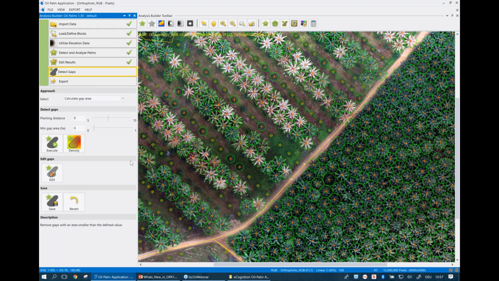And here we have certain parameters that we need to fill out as a user. And these can be, first of all, the planting distance. I can use this slider to change my planting distance and to whatever is maybe established within this plantation. So I'm going to use this value of 9. I can also use a set of parameters, minimum gap area. I may not be interested in the very small gaps, for example. So I can set this to a certain level. It's, again, in hectares. So if I set my gap to the minimum gap area of, say, 2.5 hectares, I'm not going to include any gaps smaller than 2.5 hectares in this output. We can then execute this,